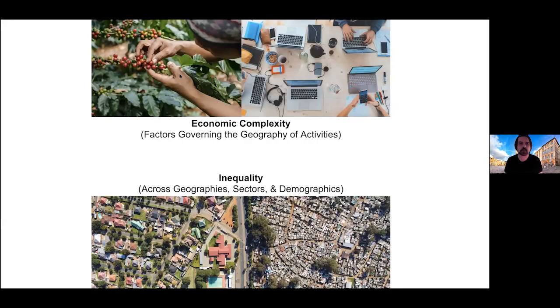So let's try to connect this with income inequality. A lot of people have been looking recently at the relationship between economic complexity and inequality. I'm going to look at a few strands of literature here. The first one focuses on income inequality internationally. But then I'm going to look also at work that looks at inequality within countries and then between genders.